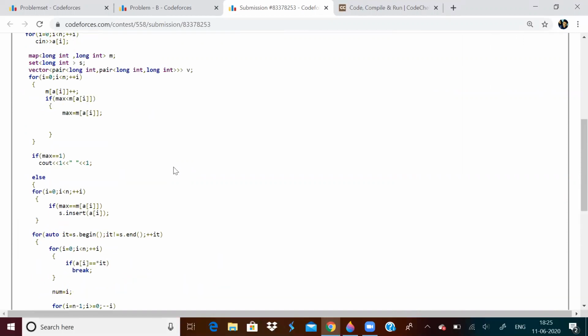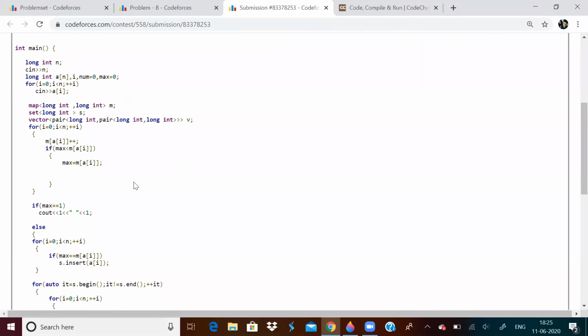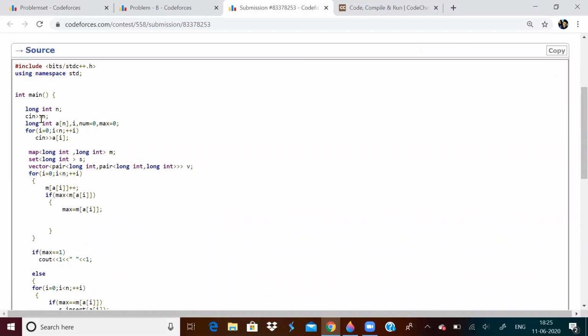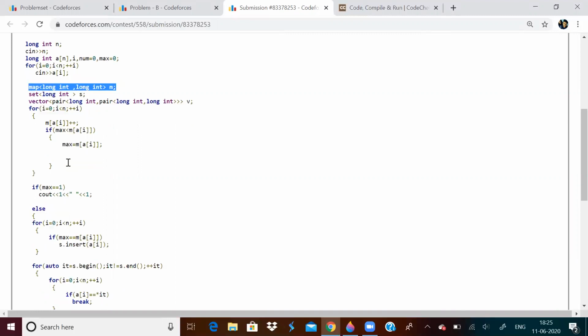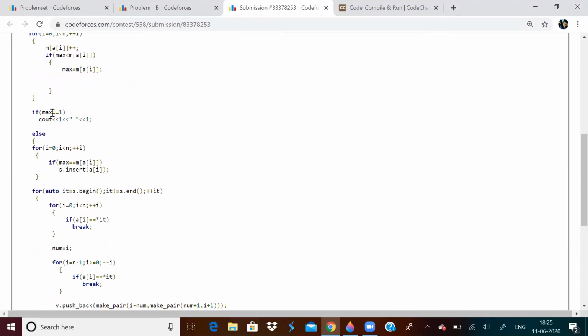So what have I first of all done? I have taken the input size. I have inputted the array and I am using a map to find the frequency of each element, and I will store the max frequency in max, and I will check if max is equal to 1. If max is equal to 1, I will print 1, 1.